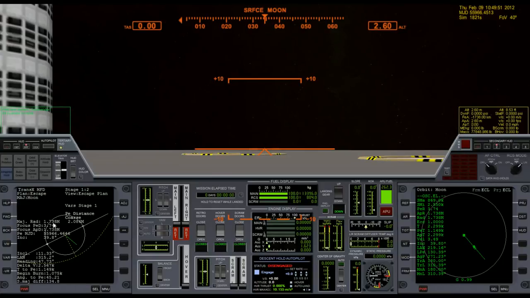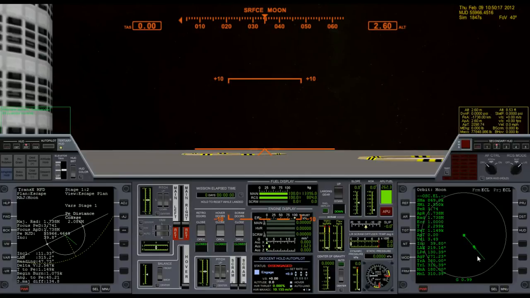If we add 30 to this number, that would give us 1.768, which would be about 30 kilometers. And 30 kilometers around the moon is sufficient. So that's what we're going to go with. And this number here also comes from Orbit MFD. If you look at it here,